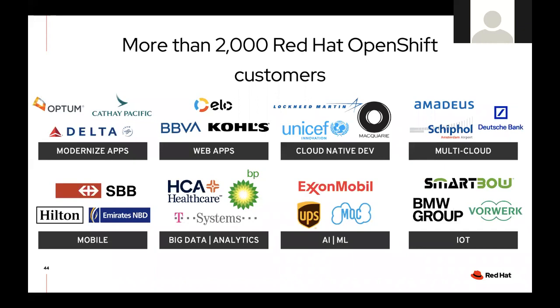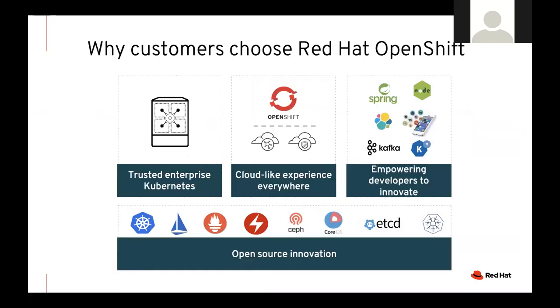And as I mentioned earlier, we have over 2,000 Red Hat OpenShift customers today across all industries in the region. We can provide you with more details about different references across different verticals, but you can also search online for the Red Hat OpenShift references, and there's a lot of information available, including on YouTube. So again, we serve different customers across different industries and different use cases, already running in production for years in the region, in EMEA, and globally.